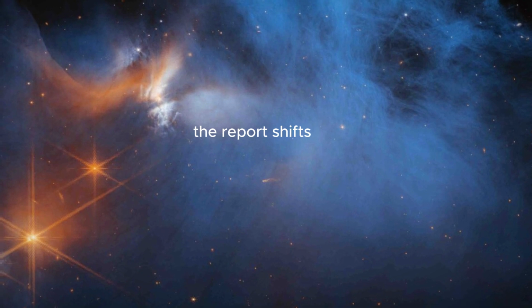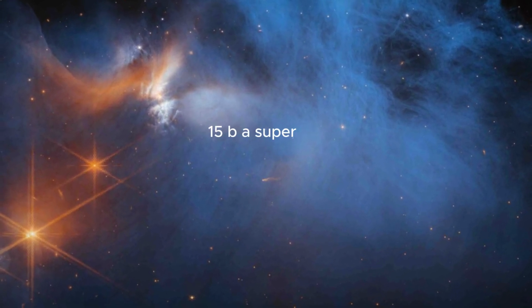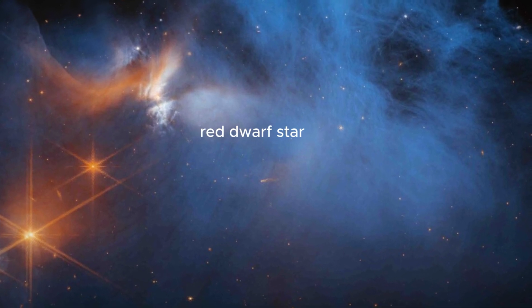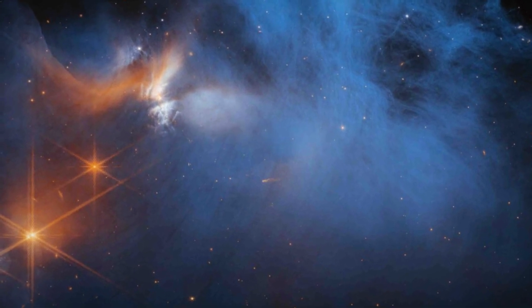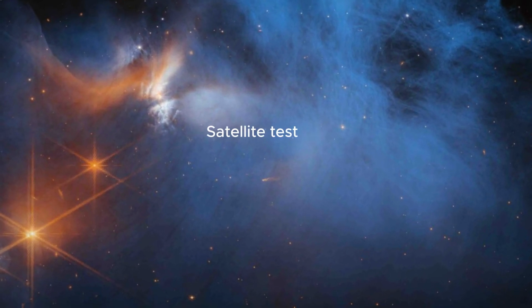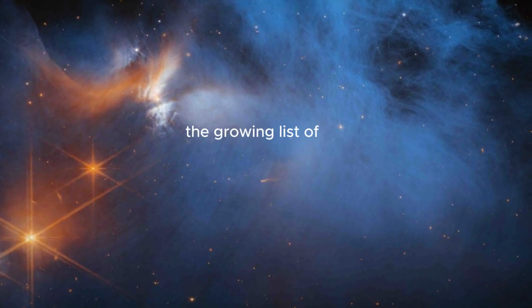The report shifts to exoplanets, highlighting the discovery of TOI 715b, a super-Earth orbiting a red dwarf star. Its tight orbit allows frequent transits, making it an ideal target for study. The Transiting Exoplanet Survey Satellite, TESS, detected TOI 715b, contributing to the growing list of potential